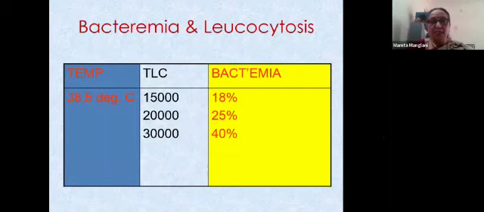When we look at leukocytes, we all think of leukocytosis as the magic thing to tell us about infection. But if you look at this data, this is evidence based, that with temperature of about 38.5 degrees, a count of 15,000 and above, only 18% sensitivity, 18% patients would have bacteremia. 20,000 count, 25% would have. 30,000 count, 40% would have. So what about the remaining 60%? You can't just stamp that leukocytosis is bacteremia. We have to look at other causes, and we should keep our minds open.